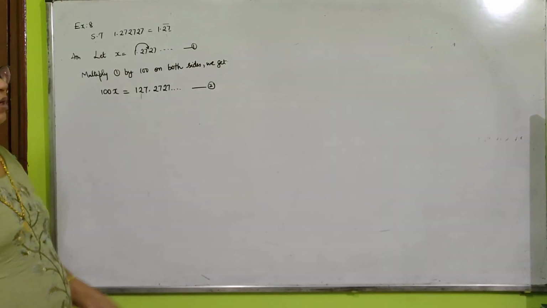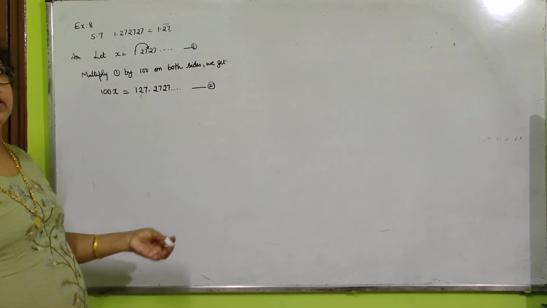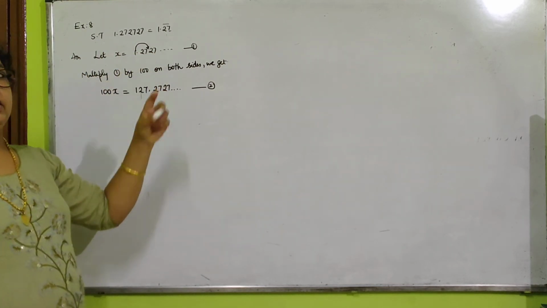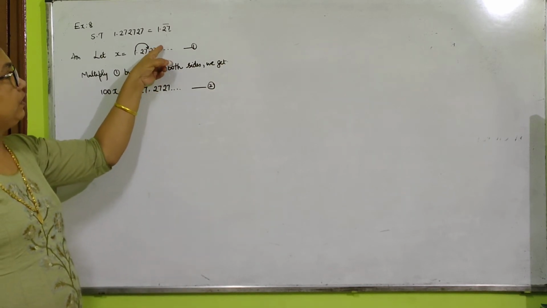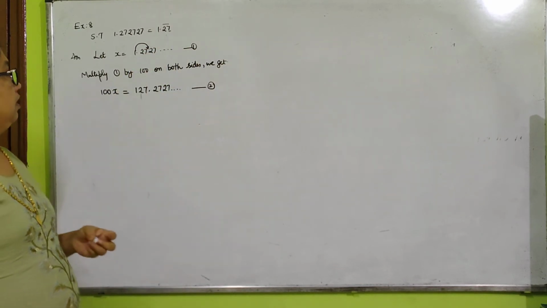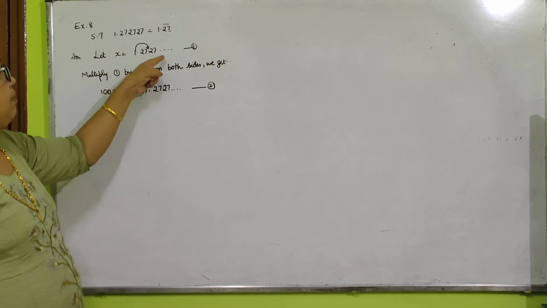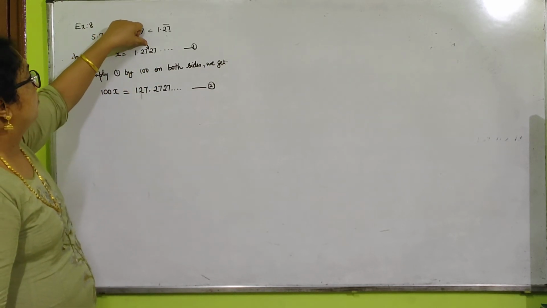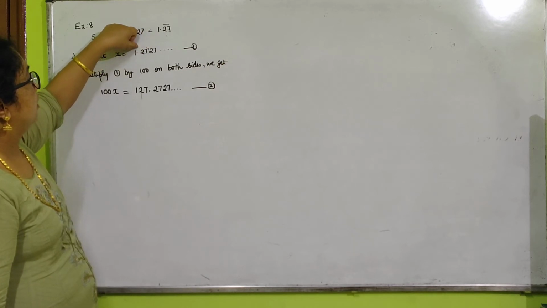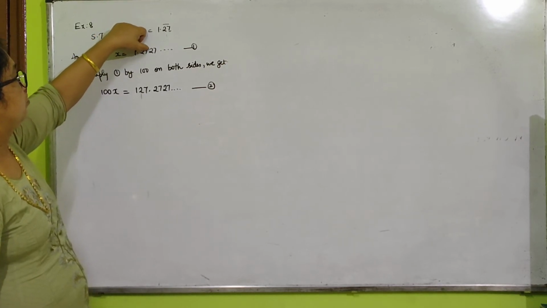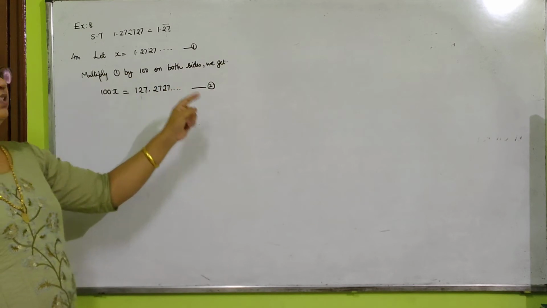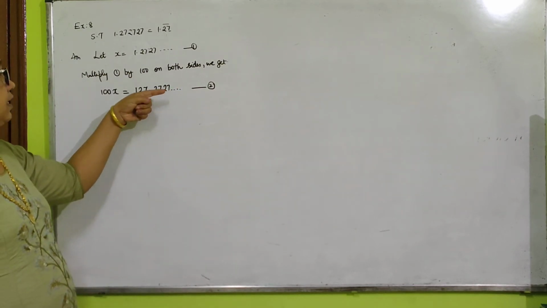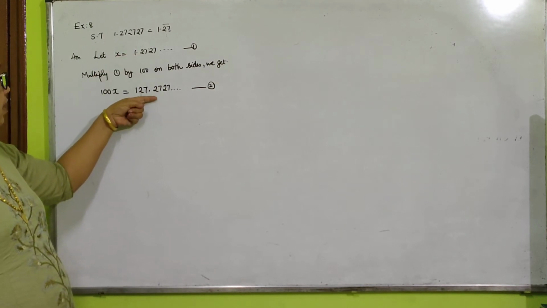Understood? I wrote it this way, otherwise you will think there is no number. Here 4 digits are there, so I have written 4. Actually 2727 is there, and we have not written it. So I have shown with an arrow how the decimal moves when multiplying by 100, so that you can understand. Now we have 127.2727. Now what do you have to do? You have to subtract the first equation from the second one.